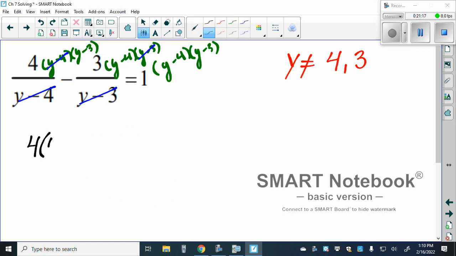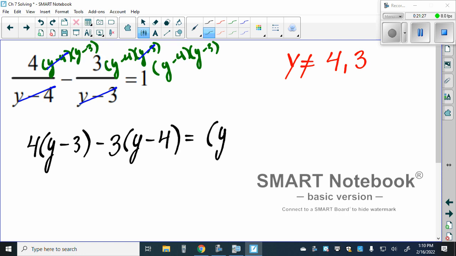Because when we do this here, we do have 4 times y minus 3. And then we have what? Negative 3 times y minus 4 is equal to our y minus 4 times y minus 3. Because what are we actually multiplying the y minus 3 by? Or y minus 4 by? Not just 3, but negative 3. So when we do that multiplication in the center,